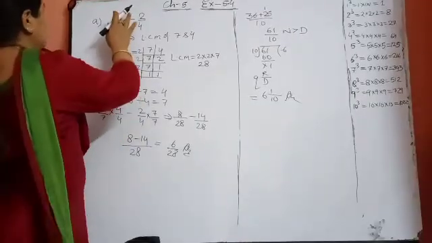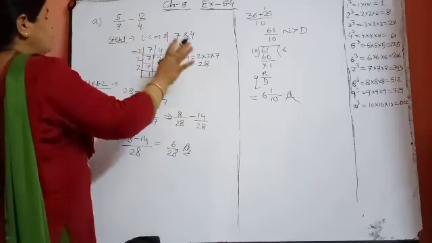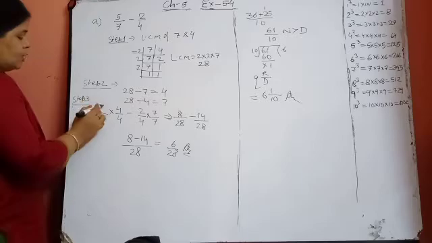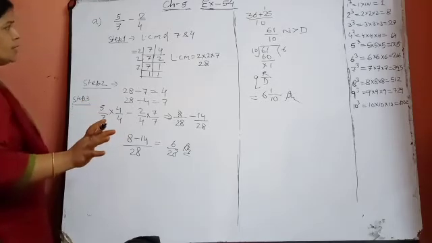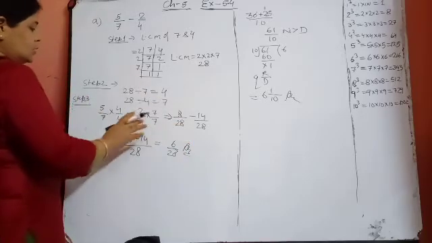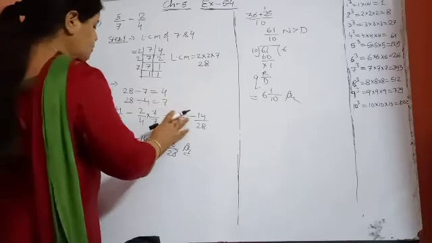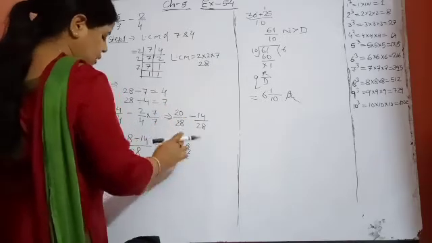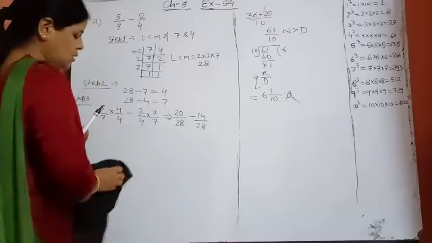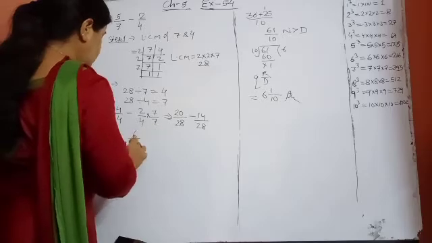Beta, by mistake I have written 2 upon 7. Actually it is not 2 upon 7, it is 5 upon 7. The rest of the procedure will remain the same. Here, in place of this 2, what will come? 5. Okay. Rest of the things are okay, and minus 2 upon 4. In place of this, 5 fours are 20 will come. That's why it was coming wrong. 20 minus 14. What will it be? 20 minus 14 means 6 upon 28.